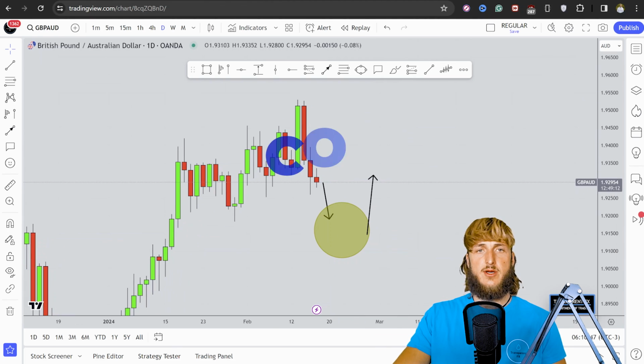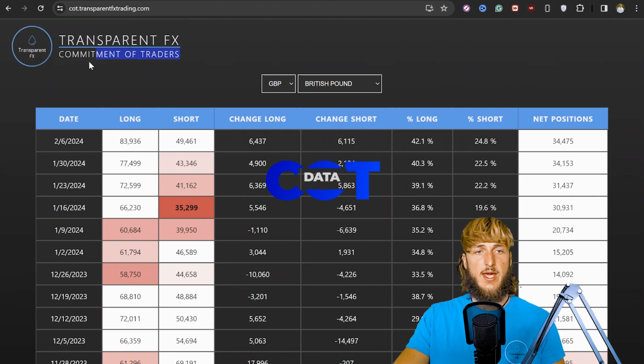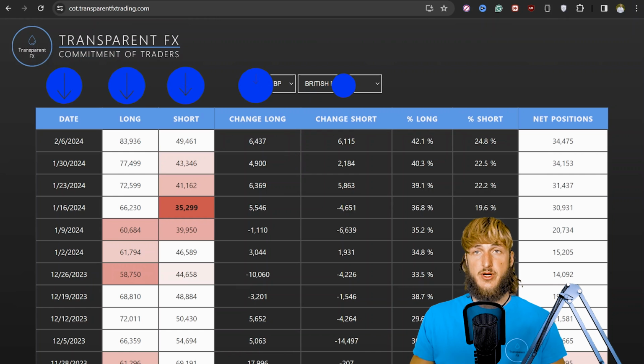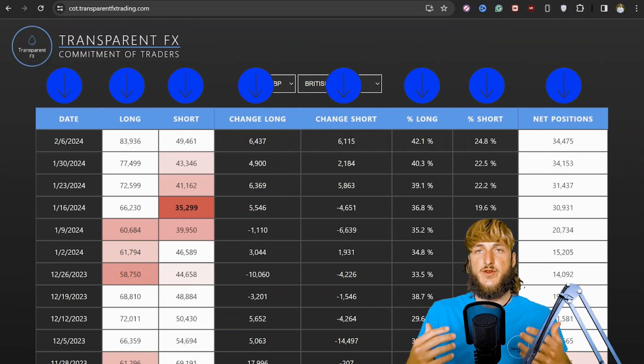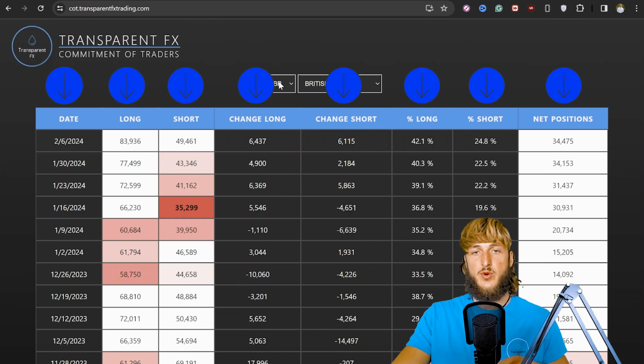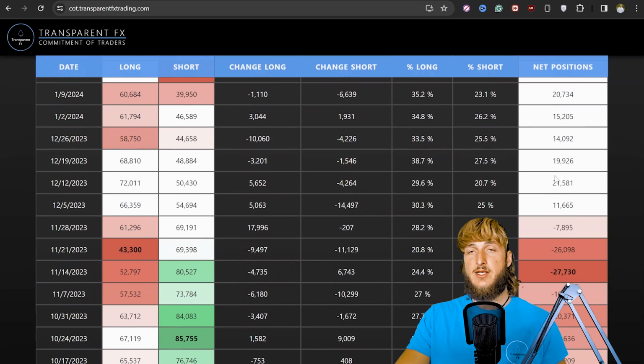Now, before continuing with our analysis, let's see what we have when it comes to the commitment of traders, so the COT data, so what hedge funds and the big players in the market are doing. If we check the data precisely for the pound, what we can see is that with the last reports, the pound